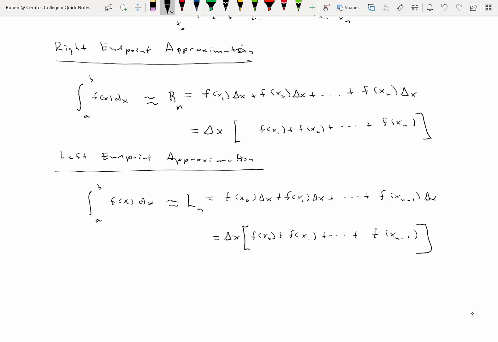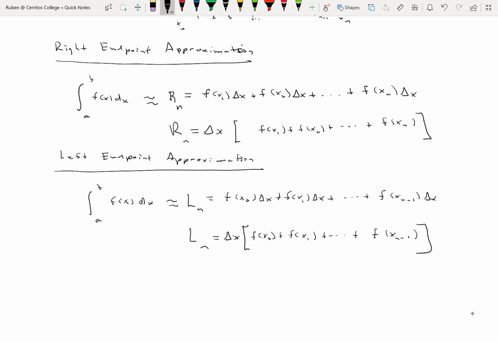Okay, and the formulas look very similar for R sub n and L sub n. They look very, very similar. R sub n starts with x sub 1 and goes all the way up to x sub n. And L sub n starts at x sub 0 all the way up to x sub n minus 1. Okay. Now what I want to do, before we dig into the approximating methods that are actually used, is